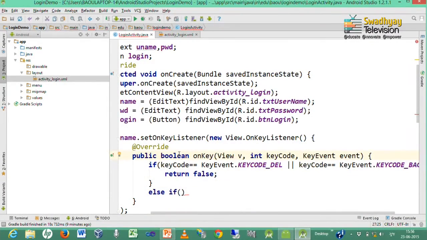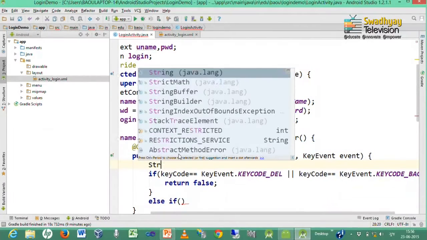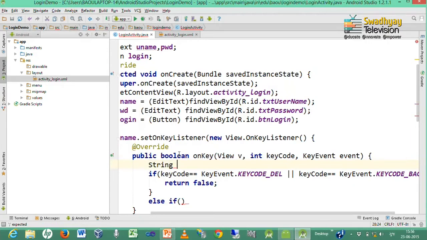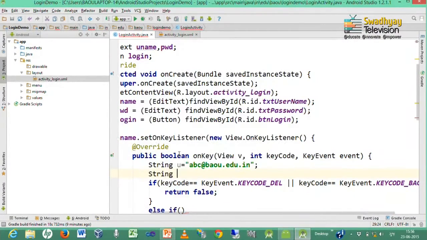Here I declare two variables of type string to compare our input data with predefined text. I declare u, which is the username, as abc@bao.edu.in, and one string p is equal to abc@123.